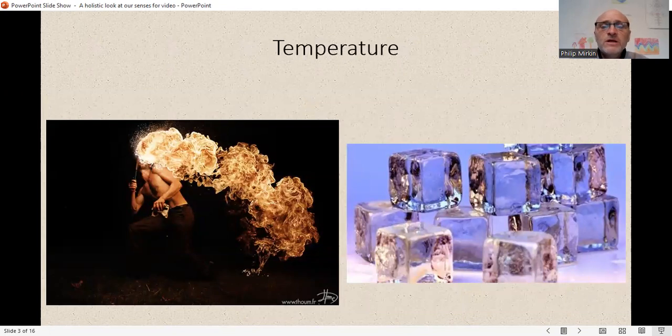Temperature is very different. Temperature has to do scientifically with vibration of particles. When particles are vibrating particularly rapidly, that for us is an indicator of it being very hot. And we have sensors, receptors in our skin, and when we touch those hot surfaces, they pick up the fact that it's vibrating fast. Again, they're going to send signals, nerve signals, to the appropriate part of the brain, and there we're going to get the sensation of hot or cold or whatever it is.